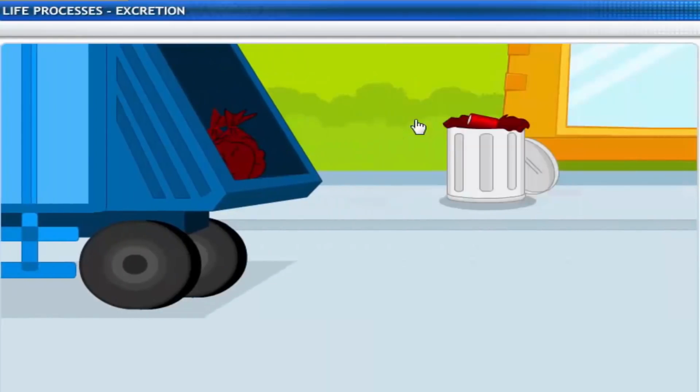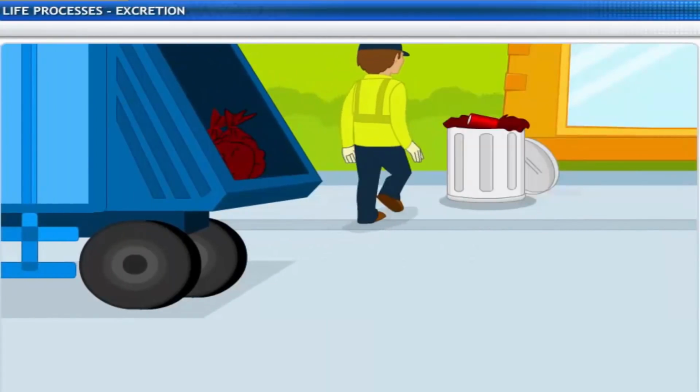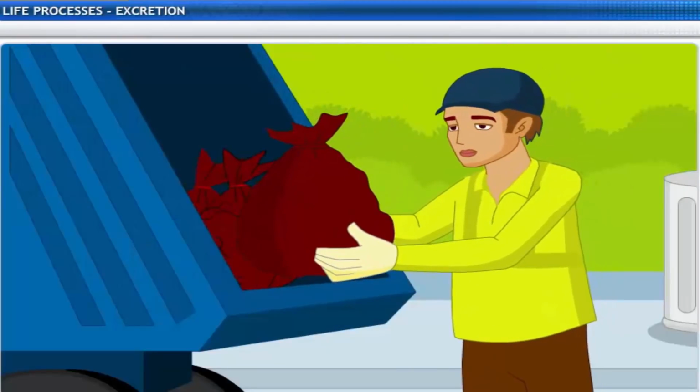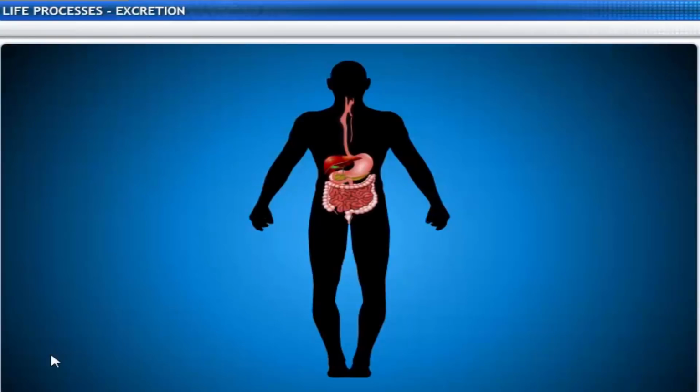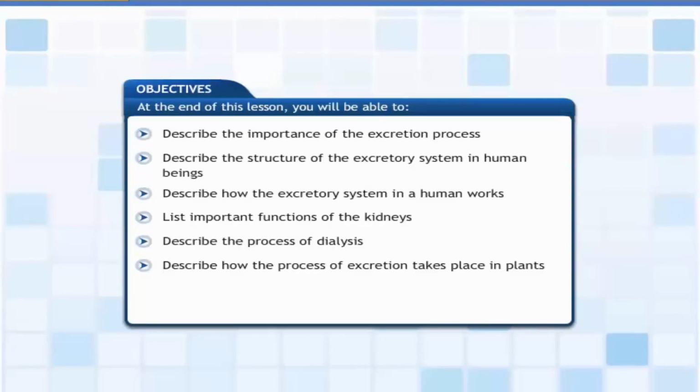All cities have a garbage disposal system in place to maintain clean and hygienic living conditions. Similarly, all living organisms use some kind of a mechanism to eject wastes from their bodies. In this lesson, we will take a closer look at the waste disposal strategies used by various organisms. This lesson is about the process of excretion in different types of organisms. At the end of this lesson, you will be able to